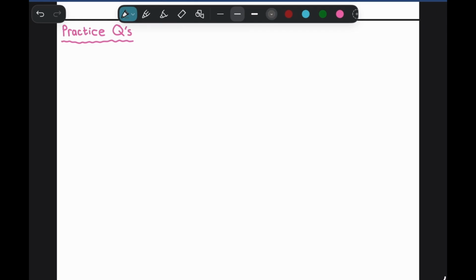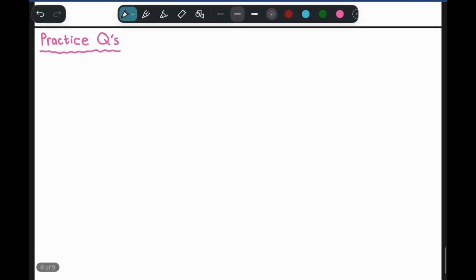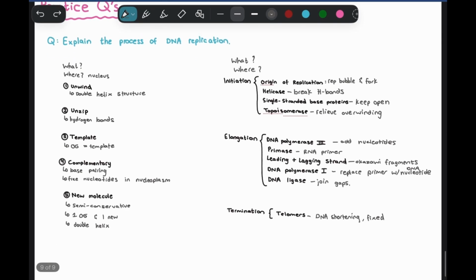Okay, so now I'm going to go through a few practice questions that you can encounter going from a high school level to a tertiary education level. I think the most obvious question you may be asked is, explain the process of DNA replication. Now, if you just learn the process and learn the structure that comes with it, this question should be the